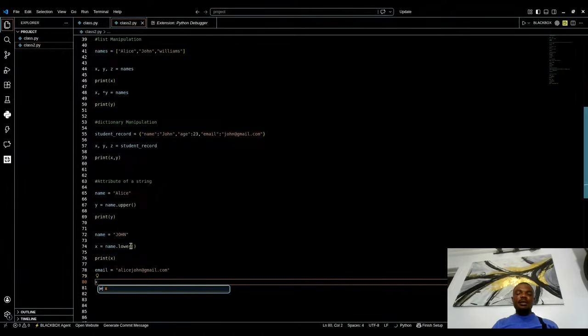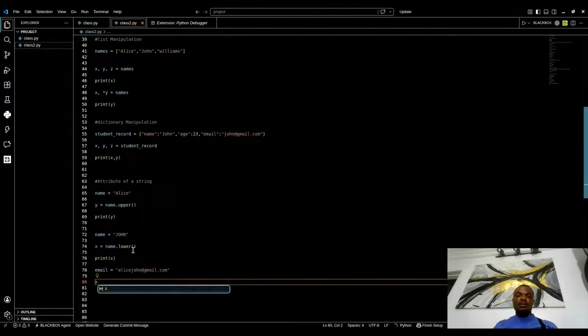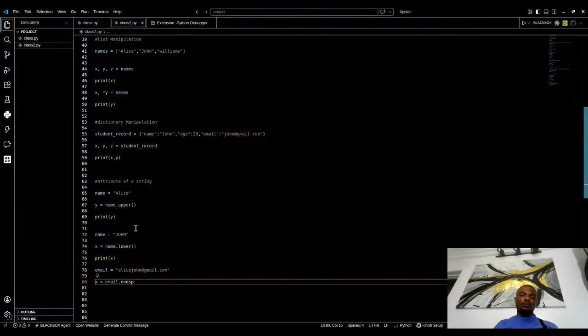I can check if we have a value that ends with @gmail.com. In this case, we can say equals email dot endswith